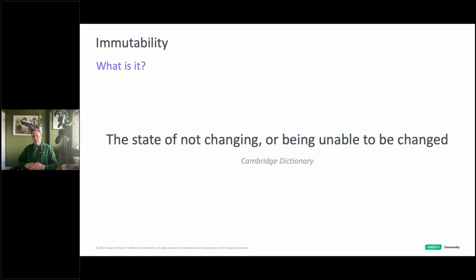If you think about it, this isn't a new technology. We've had WORM tapes, or write once, read many. You've had CDs that you could burn in the day. Going back to floppy disks, you could flip the little tab on the disk to make it read only. It's not a new concept, it's just the word we're using today. And in particular, what I'm going to talk about is how that applies to object storage.